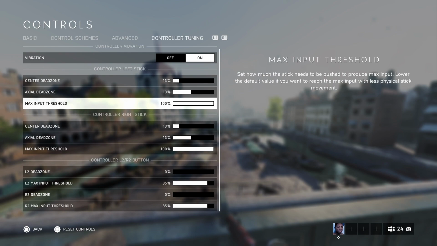So if you have a super low dead zone, if I had 0 or 1% dead zone, any slight movement will make you move in-game. Whereas a high dead zone means if you move your stick, it takes a longer time for the game to pick up your movement. Axial dead zone is where diagonal movement is moved close to the axis lines, so up,